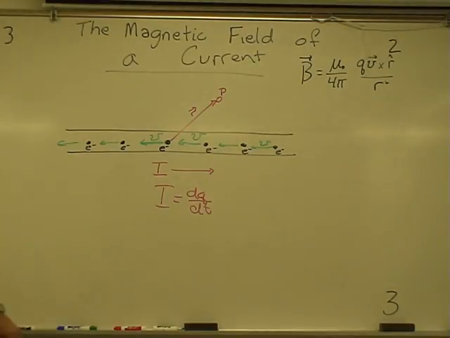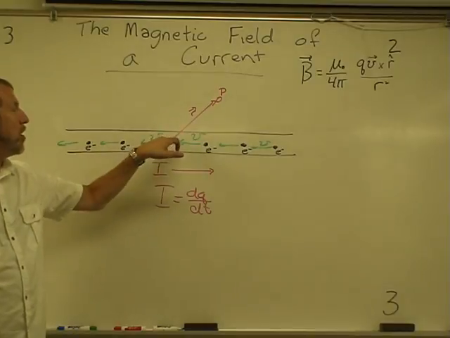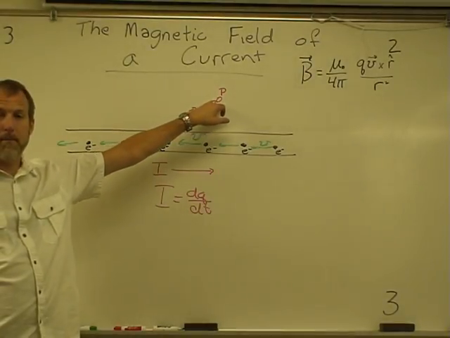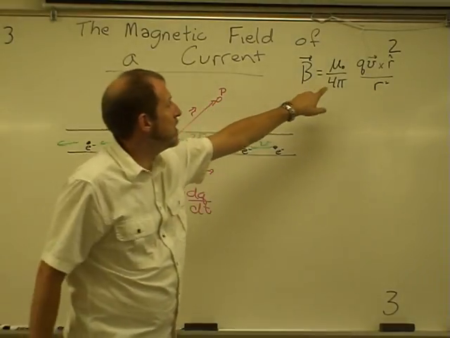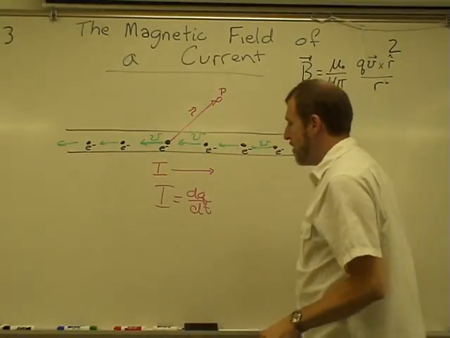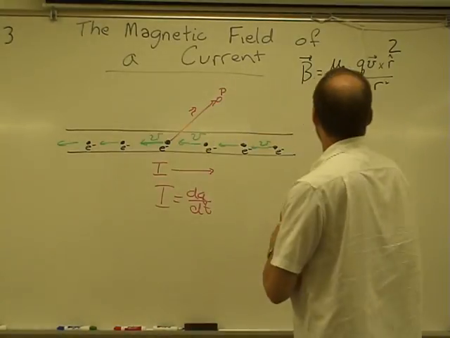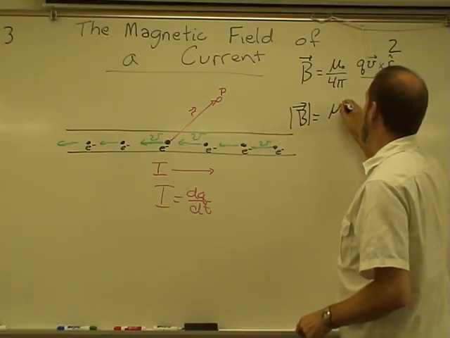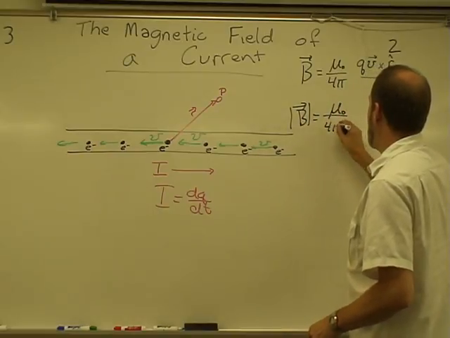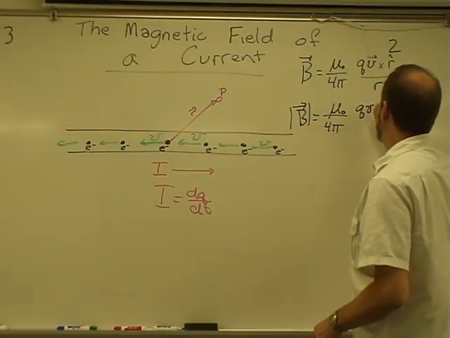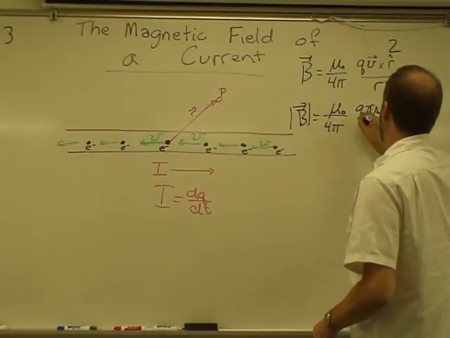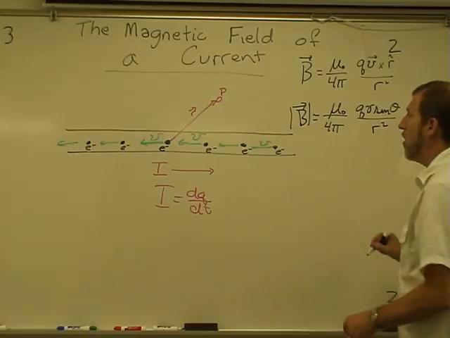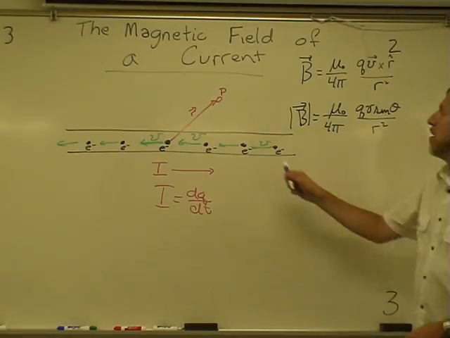If I want to find the magnetic field for a single point charge at that point P, then that's going to change, because the magnitude for a single point charge will be constant mu naught over 4 pi times q v sine theta over r squared, where